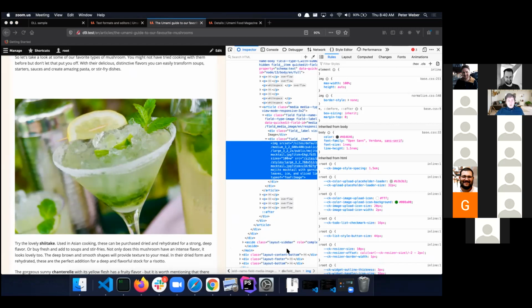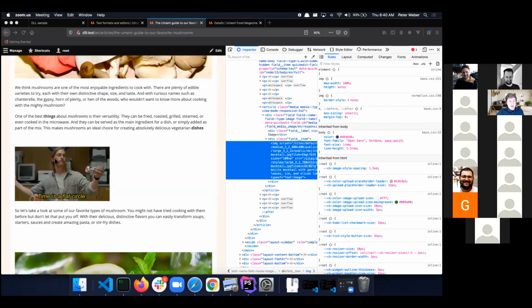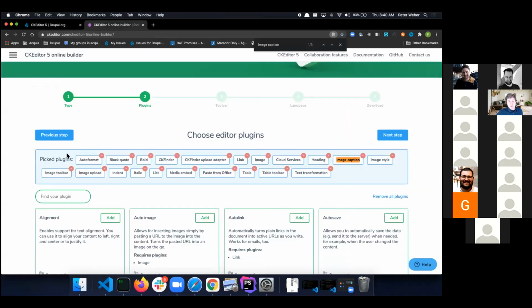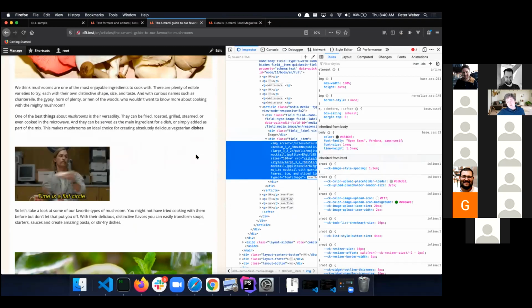Okay. Yeah, so let me talk a bit more about the plugin structure. I mentioned briefly with images how we have image, the image caption, and in Drupal's case, a small plugin that adds that feature for the data attributes. And so if you think about how CKEditor 5 works, there's actually a number of plugins. And so in this online builder, you can select image and image caption all separately, and image toolbar, for example. And those are all things that you would add as individual pieces. But in Drupal, I thought it made more sense to just bundle things. And so let me just jump over to